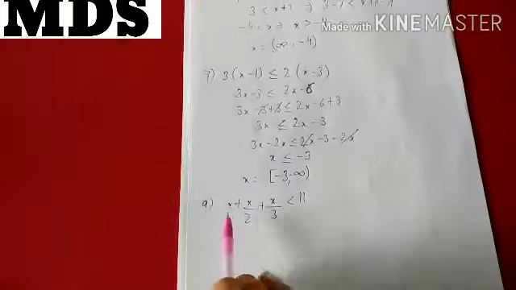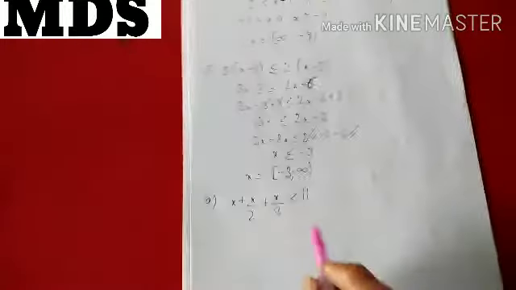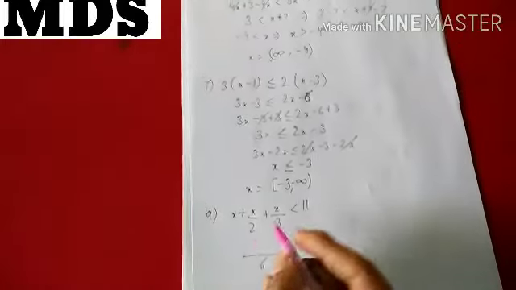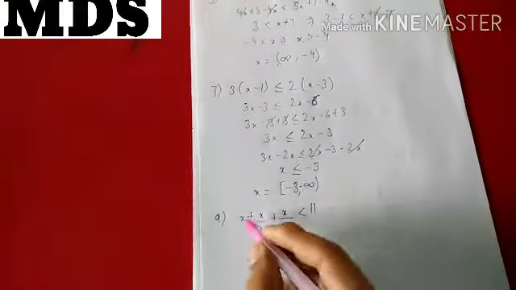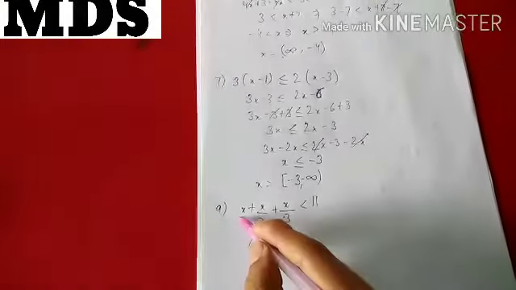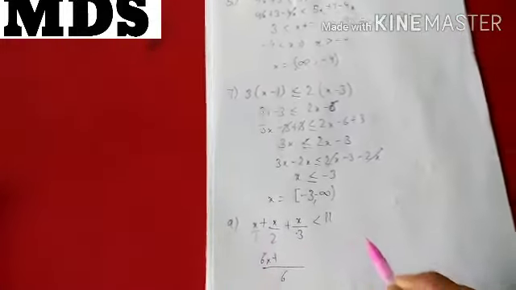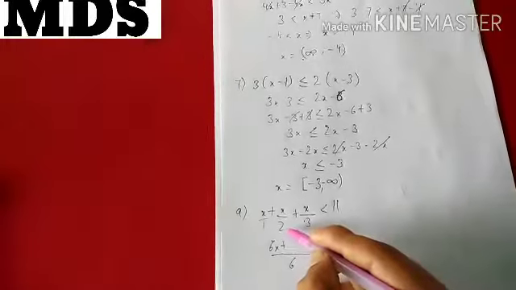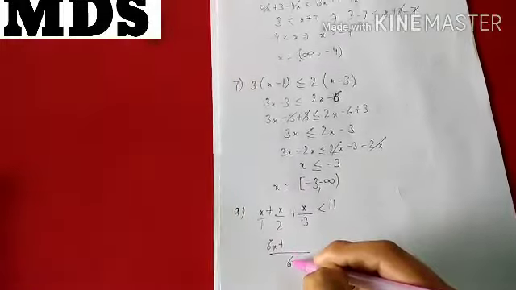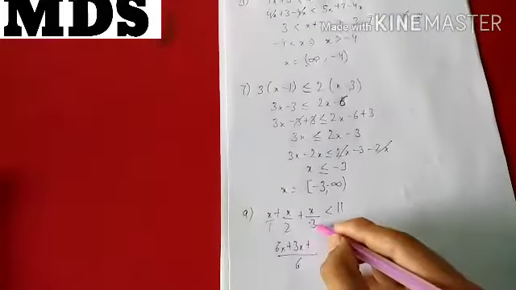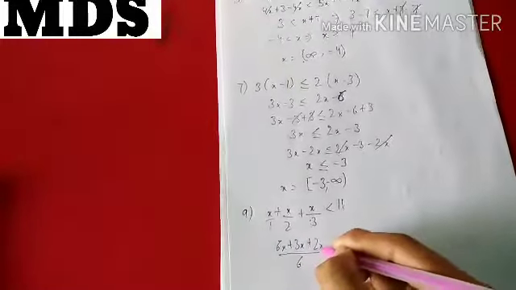So first of all we will solve only this side. Here we will take LCM. What will be our LCM? Our LCM will be 6. So we will get 6x, because 1 into 6 is 6, 6 into x will be 6x. 2 into 3 is 6, so 3 into x, 3x, plus here 2, we will get 2x